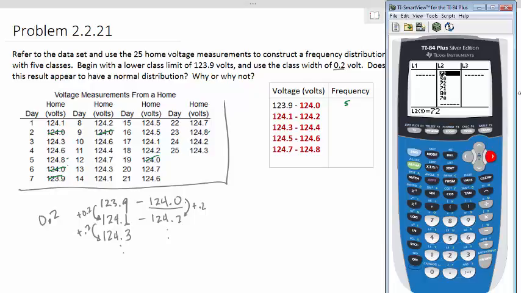Let me go to L2 and notice if I have this and I hit clear, that really doesn't do anything. So the clearing option will only work if you have your cursor all the way up to the L2, and again this is L2 without a parentheses. Sometimes people actually accidentally hit delete, and you don't necessarily want to do that, because if you delete it, that list is gone. I have L1, L3, and so